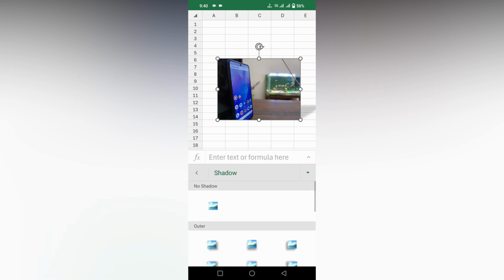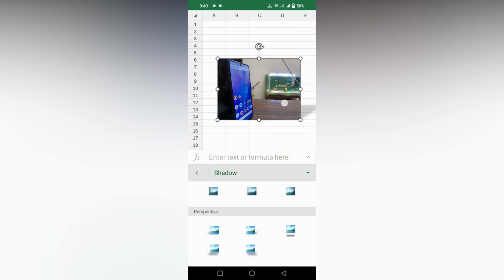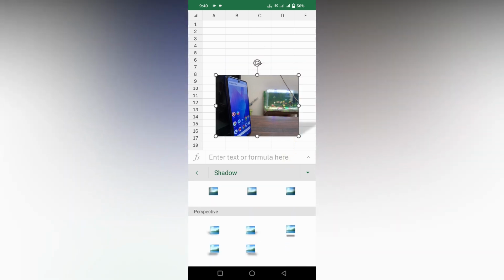So this is how you add a shadow effect for your image or picture on your Microsoft Excel on